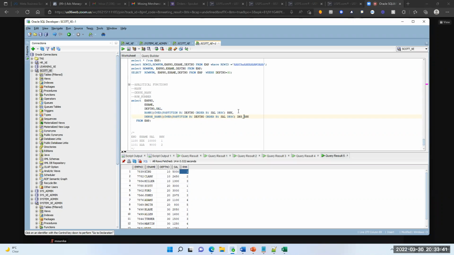Dense rank here. See here, 1, 2, 3, because there are unique values. No matter whatever it is, it's coming as 1, 2, 3 here. And here 1, 1, 1, 1. Here it is 3. Here it is 2. Dense rank will not skip the ranking numbers, but rank will skip the numbers actually, when we have the same value, it skips the next number. Clear, guys? Any questions?